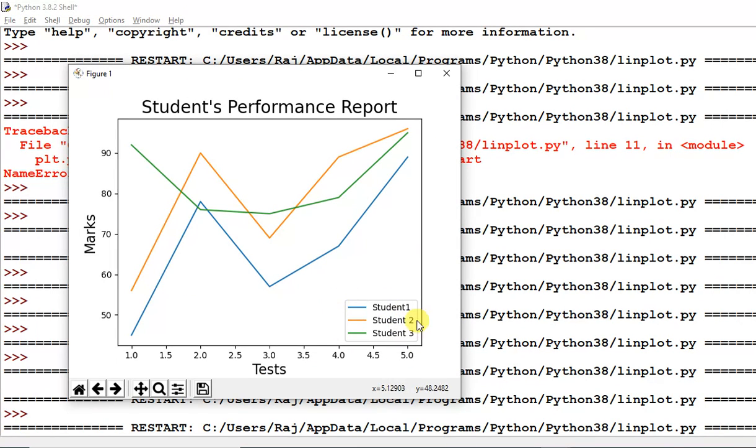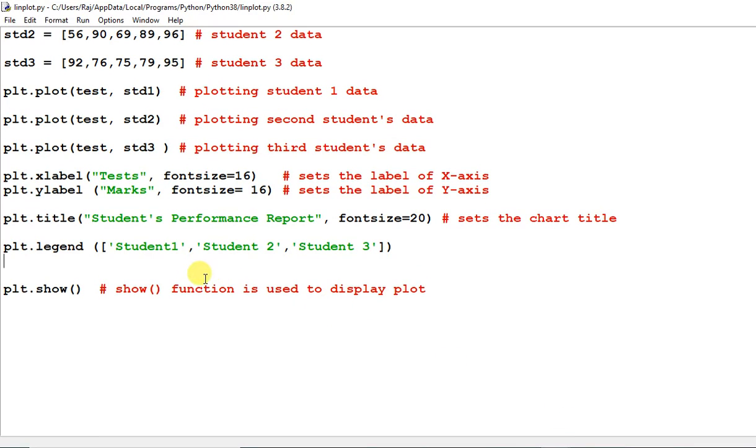अब आप देखो यहाँ पे, ठीक है, this is called legend. So the blue line that indicates student 1, and orange line that indicates student 2, and the third green line that is student 3. So this is called legend. So if you want to make this legend appear in your chart graph, you can use the legend in this way. So another way to activate legend, you can pass one argument, label,